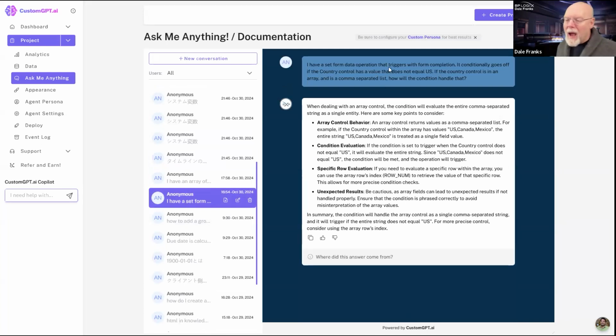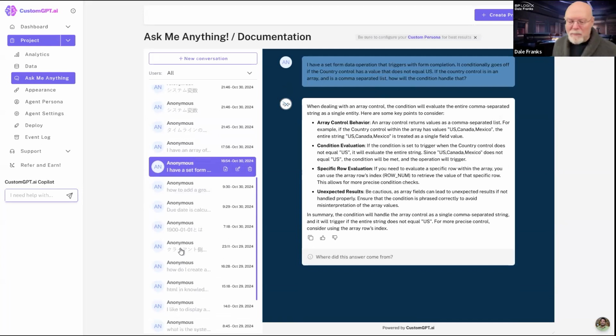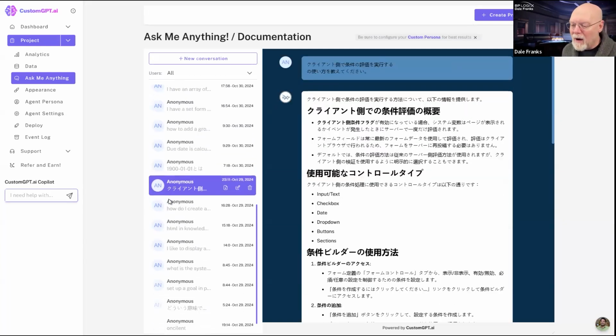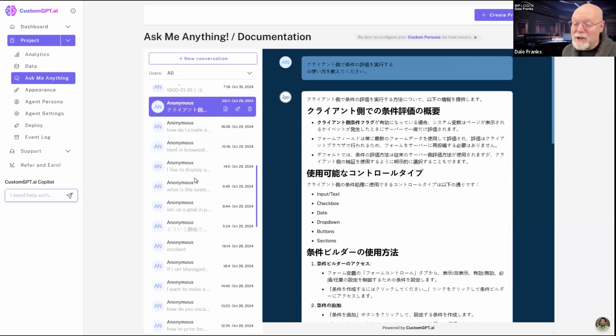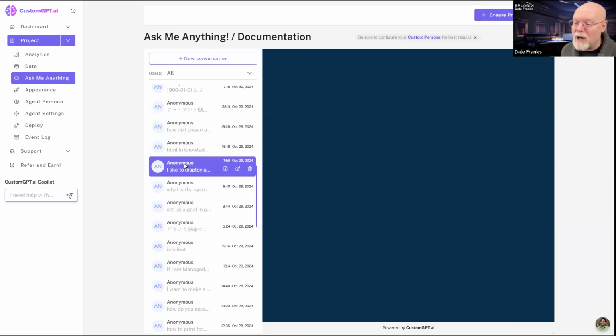So we can ask a conversational question, but it has to be a pretty specific question. Your query language that you use here is important. Okay. Well, if you ask in Japanese, it will answer in Japanese.